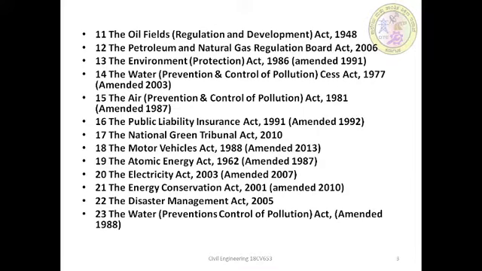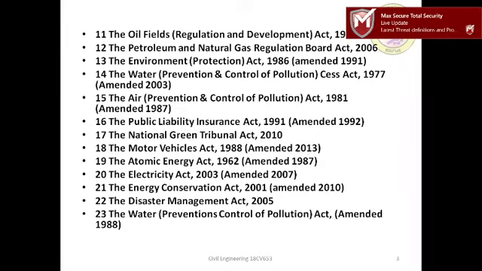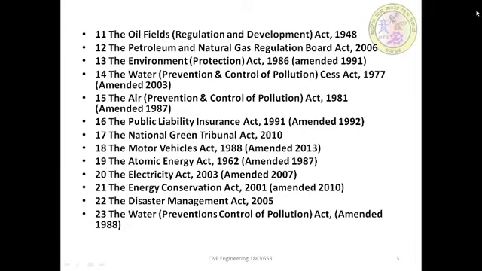The rules for manufacture, use, import, export and storage of hazardous microorganisms, genetically engineered organisms or cells 1989, again amended in 2010. This also includes the Hazardous and Other Wastes Management and Transboundary Movement Rules 2016, and the next one is the Chemical Accidents Emergency Planning, Preparedness and Response Rules 1996, the Biomedical Waste Management Rules 2016, the Recycled Plastics Manufacture and Usage